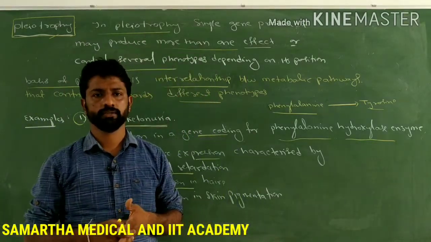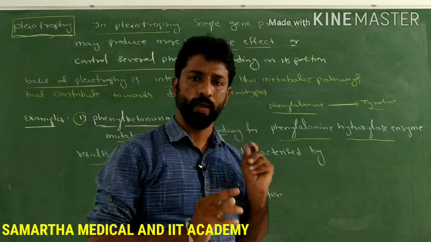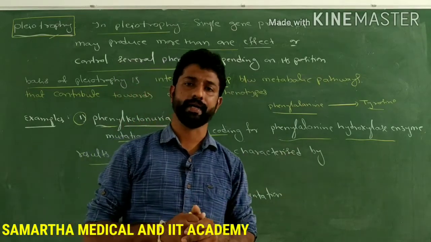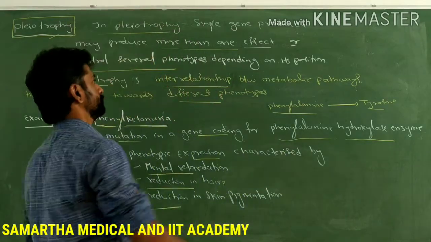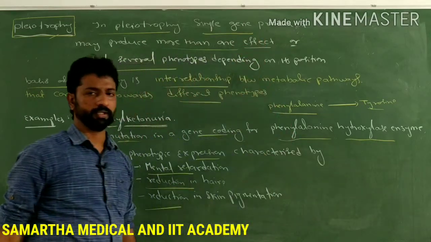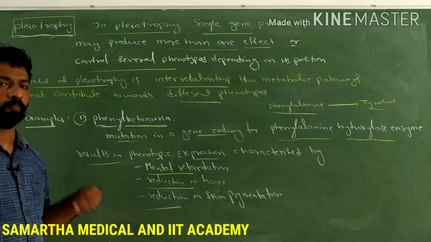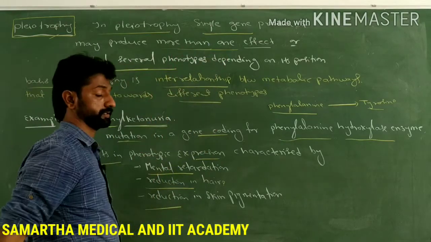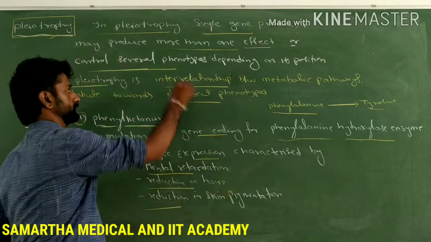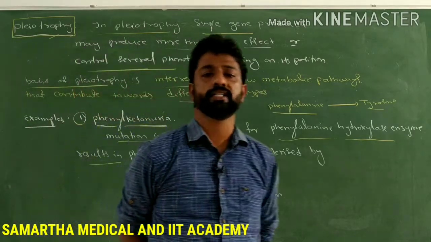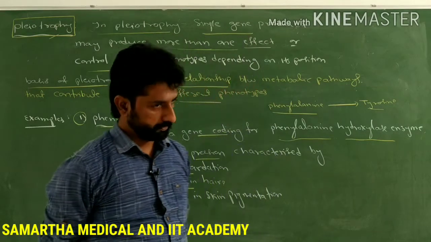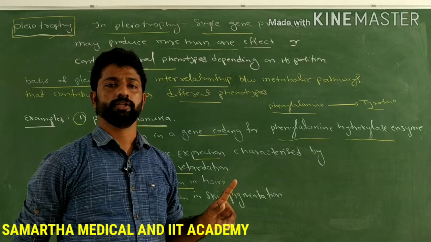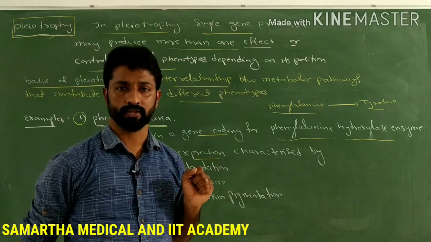As we know from the Mendelian principles of inheritance, one gene codes for one character, or one trait of a character. But here, a single gene product produces more than one effect, and can also be called a single gene product which controls several phenotypes depending on its position. Such a phenomenon where a single gene or gene product produces more than one phenotypic effect